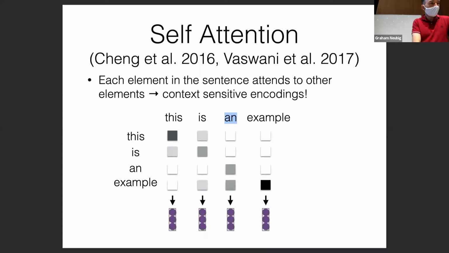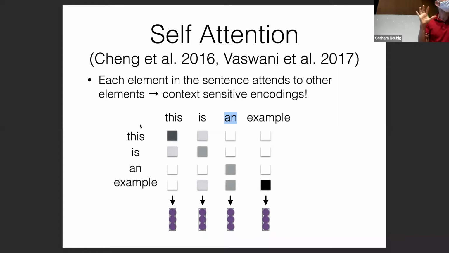So then the question is, I had a question on Zoom, how do you get the vector for is to use in creating this vector if the is vector hasn't been created yet? It will be created using the new this vector, right? So yeah, that's a very good question. So basically,